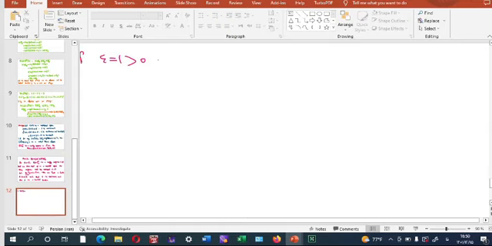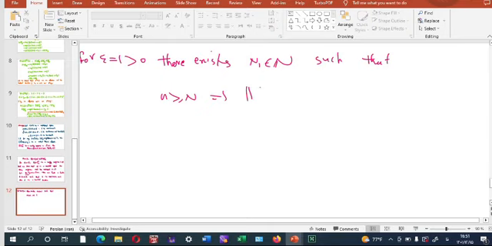For this epsilon, there exists a natural number n1, such that if n is greater than or equal to n1, then this norm is less than or equal to epsilon, and epsilon equal to 1,